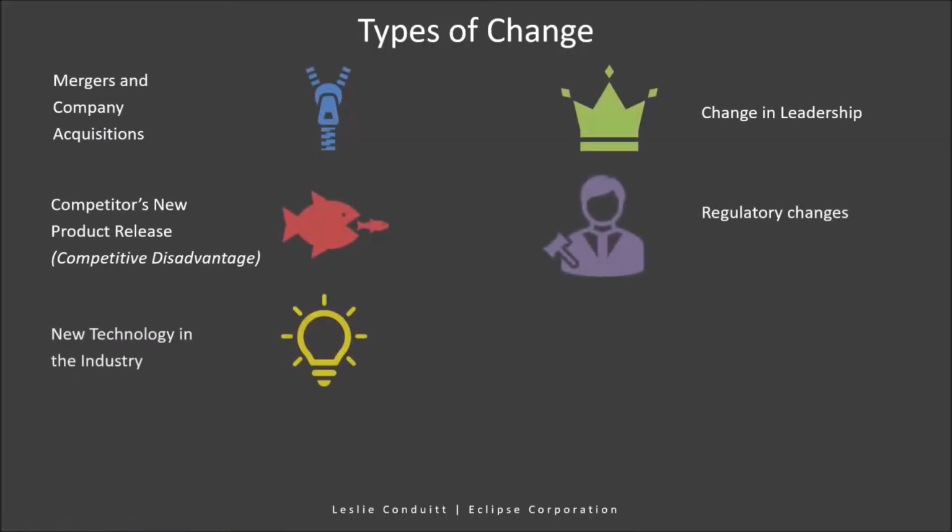Okay, so then, what types of changes do I see along the years? There are really 7 here I'm pointing out, and some overlap a bit. But mergers and company acquisitions, that's a big one. I don't know if any of you have attended, but definitely that happens often in banking and insurance, and then really manufacturing or any industry whatsoever.